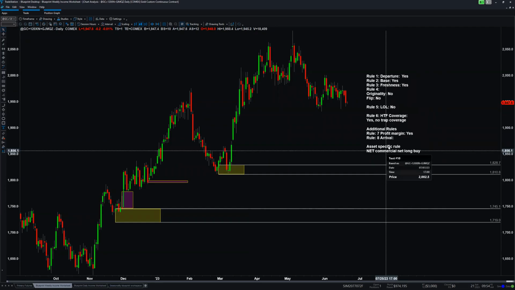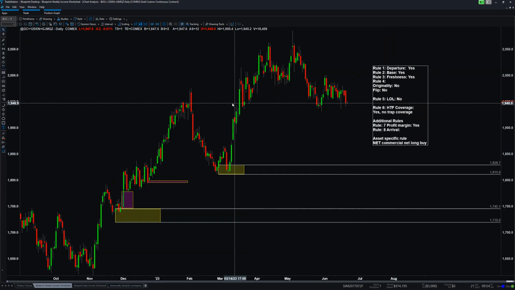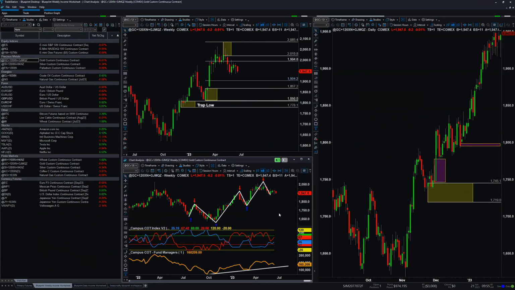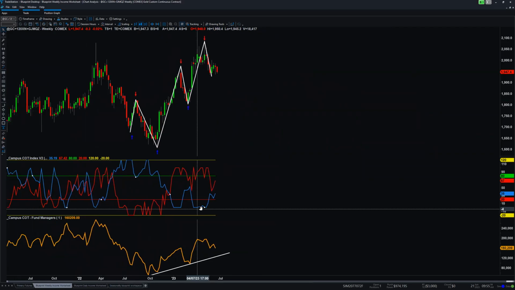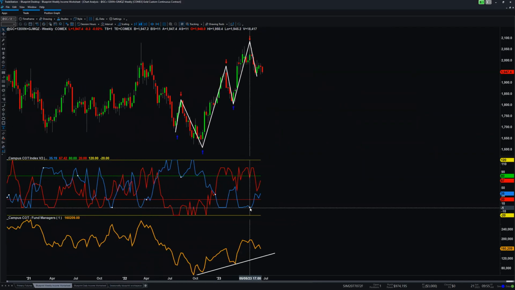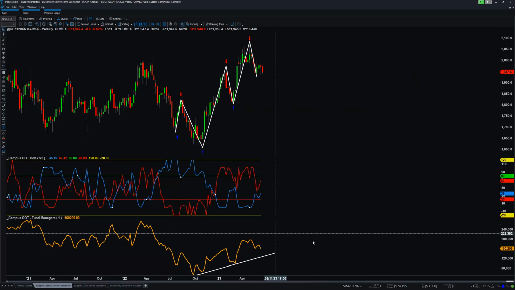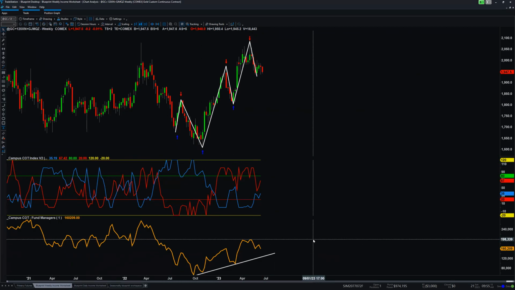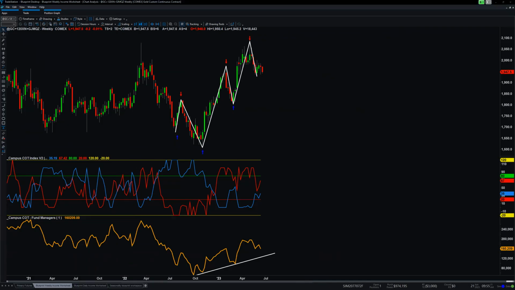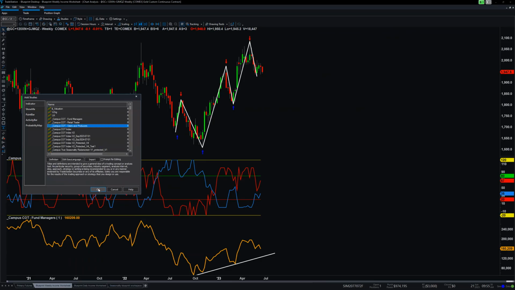Right. And so what we want to do for gold and silver every now and again, especially when we see that, well, right now we don't have to look at the nets, right? Because we're not going to be close to a net long mark. We're only going to be close to a net long mark if the COT is above the green line, the commercials are above the green line, and they're bullish. And so what you can do is you can just add here the COT users and producers,